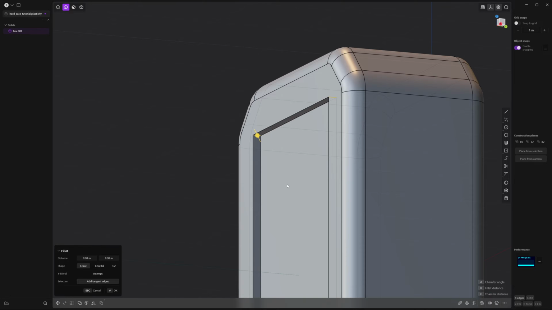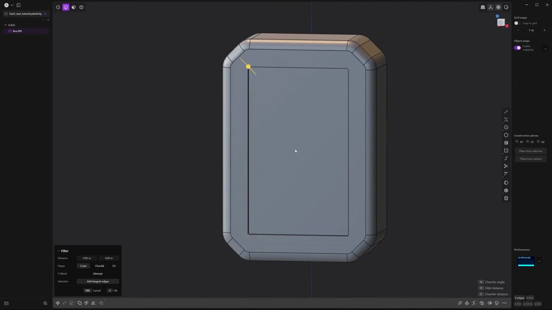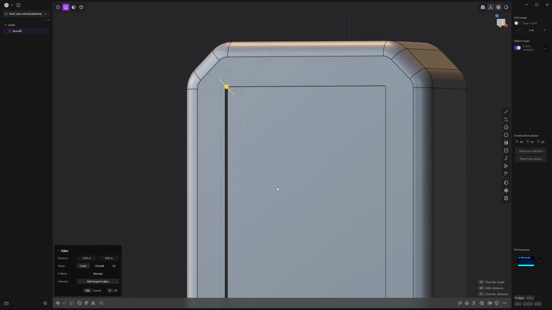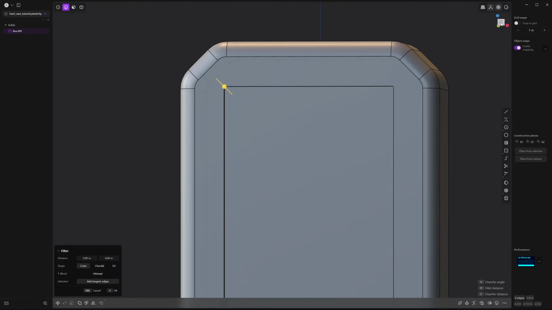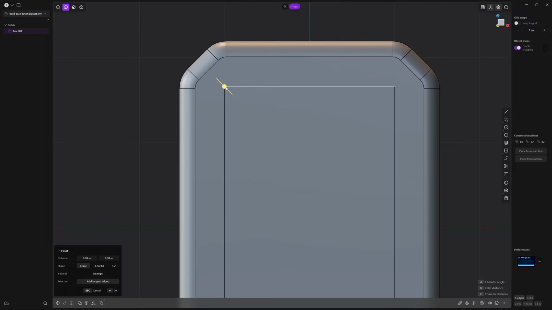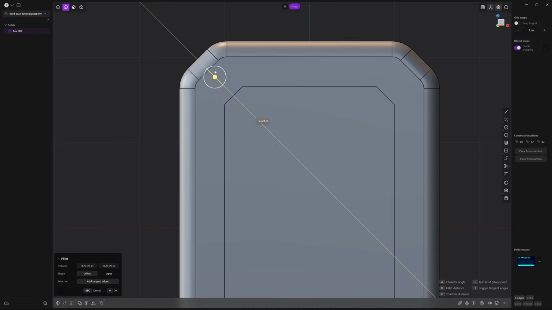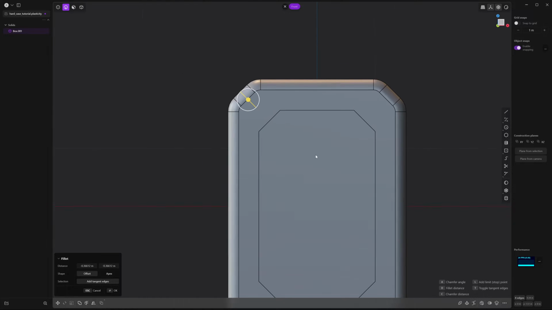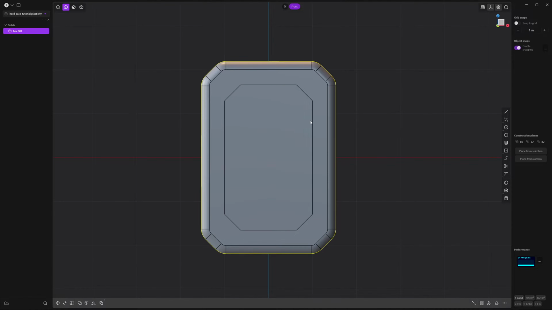And we're going to zoom in to select those corner edges and hold Control Alt and click on one. And you'll notice that all of them turn yellow just like before. And this time in the front view, just so we see clearly what we're doing, we're going to drag it upwards. Just get a nice chamfer here. Right click to accept that.